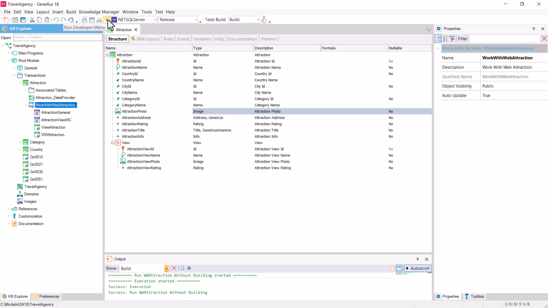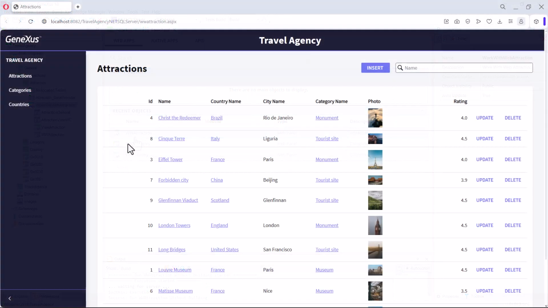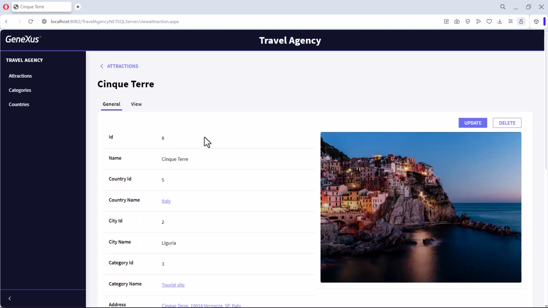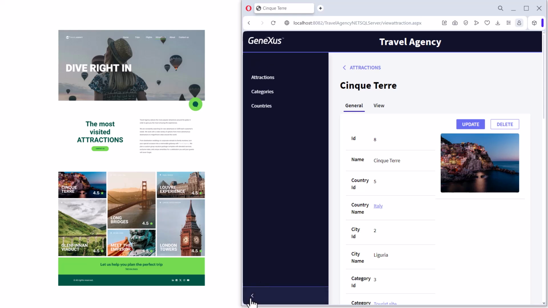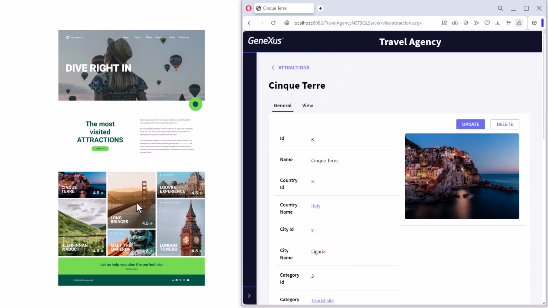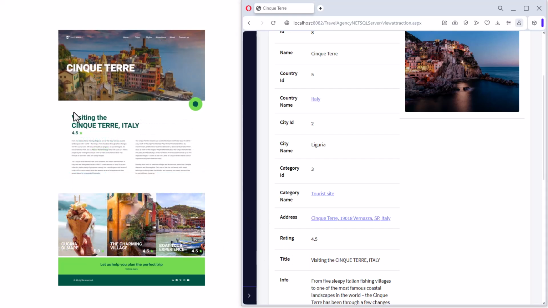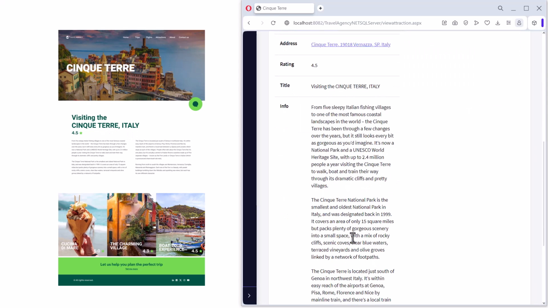So if I run, we see the work with of the tourist attractions. And if I choose this one, we see here the photo that will be used for the customer-facing application, the one we're trying to implement, the name of the attraction, the rating, the title that will be shown on the attractions page, the information that will be listed on that page,